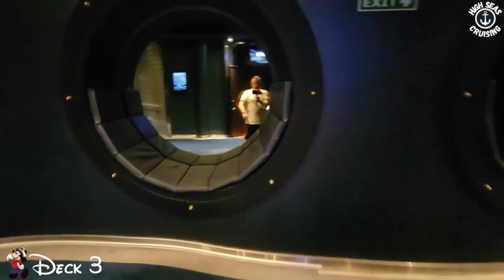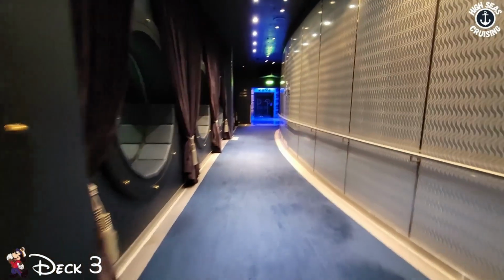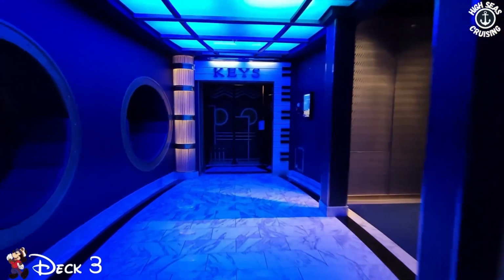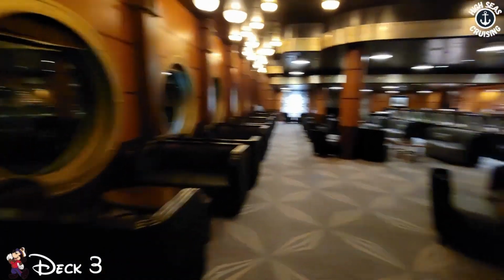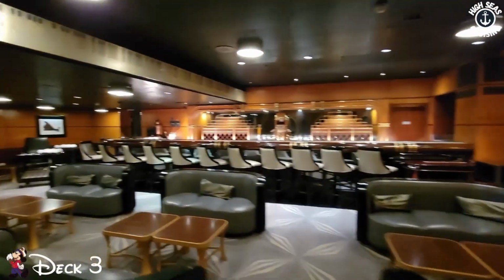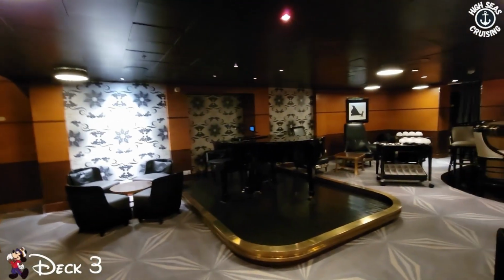You have seating here on all of the windows. So it's got nice deep seating if you want to sit in one of the windows, look outside and watch the ocean. Next you have Keys. You have full bar service. You have a piano back here for your live music,